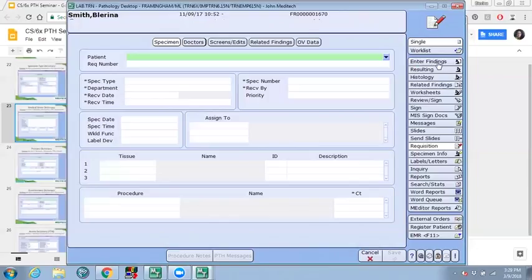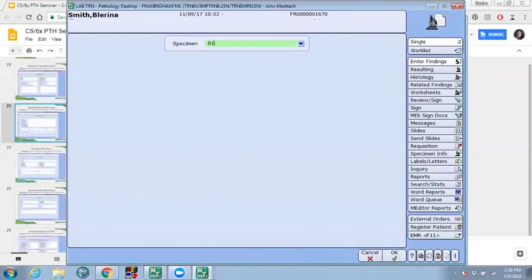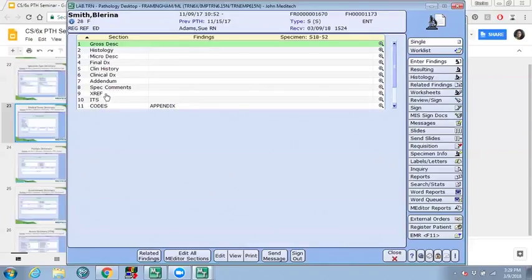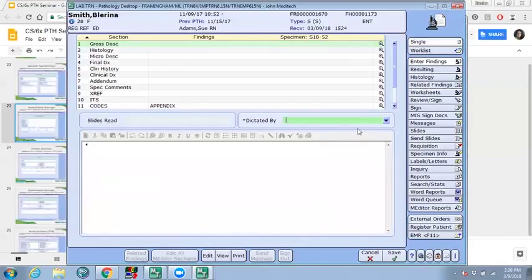To enter the findings, I'll go into the enter findings routine, identify my patient, press enter. Once I identify the specimen, the data sections available within this routine are also coming from the specimen type. So this is the gross description. And now if you remember, the dictated by is set up in the data section dictionary. It is requiring me to enter who is dictating these findings for these data sections. So I'm going to say there is no